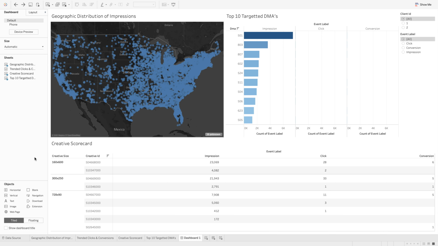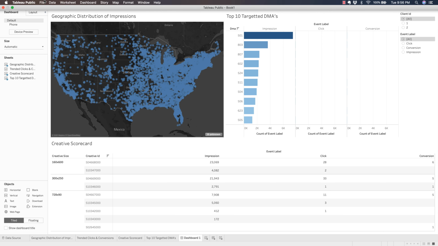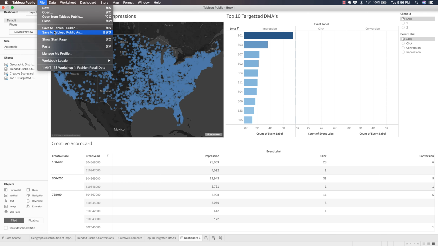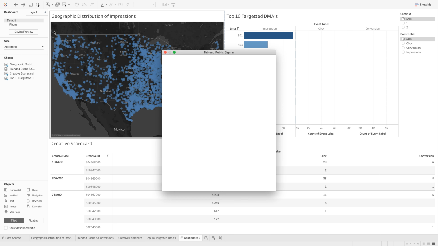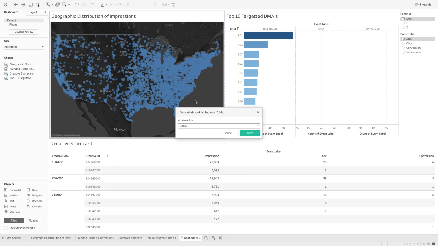So to publish this to Tableau server, we are going to go to File, Save to Tableau Public as the public server. You're going to be prompted to log in. And once logged in, we're going to title this workbook MKT 178 Intro to AdTech, and we are